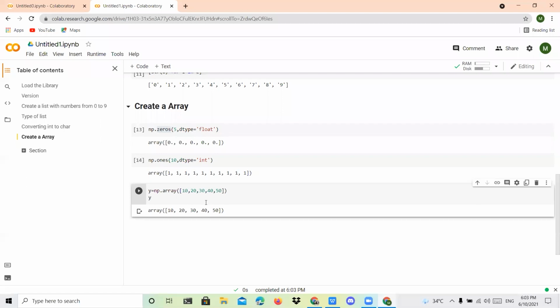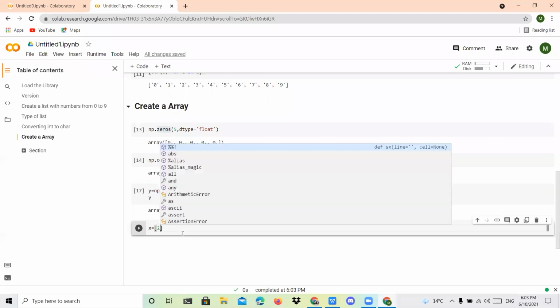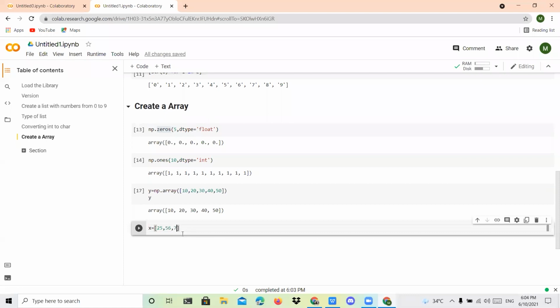I told you four formats are there for the creation of an array: this is the zeros format, this is the ones format, and this is whatever values you want to use. And one more is x is equal to, within square brackets, you can mention your values. This is also possible.